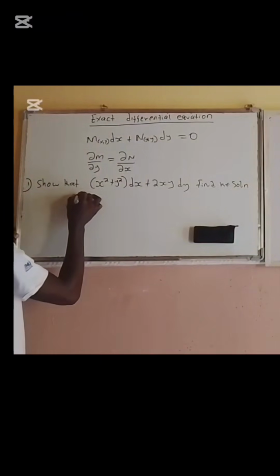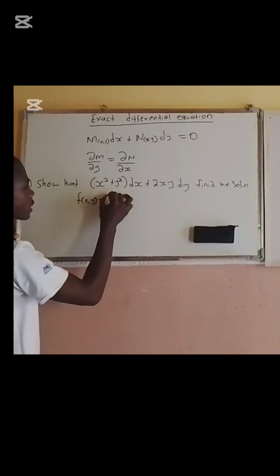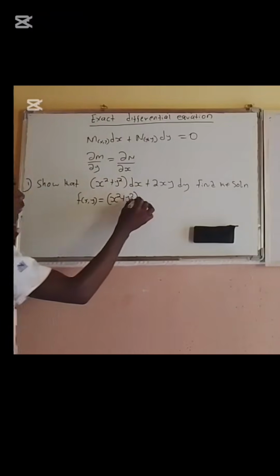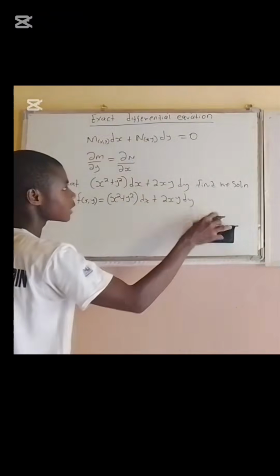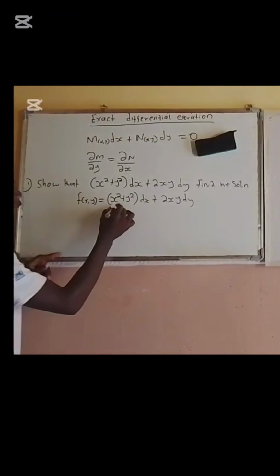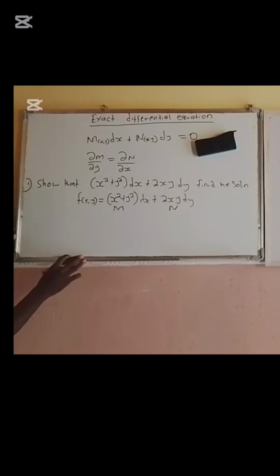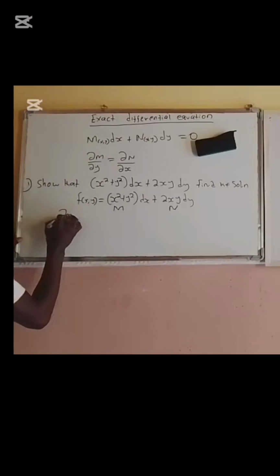So for the equation to be exact, I have to say that, let's say, the function of x and y is equal to (x squared plus y squared) dx plus 2xy dy. So I have to take a look at this. I have to let this be M, and this be N. So therefore this is the same thing as saying the partial derivative of